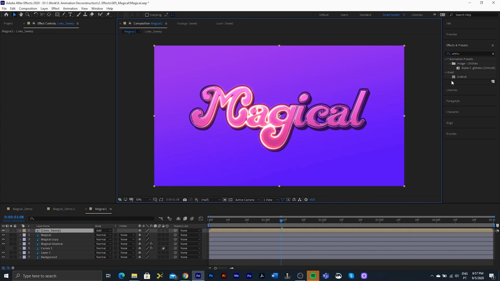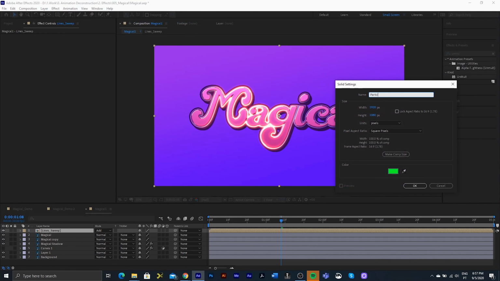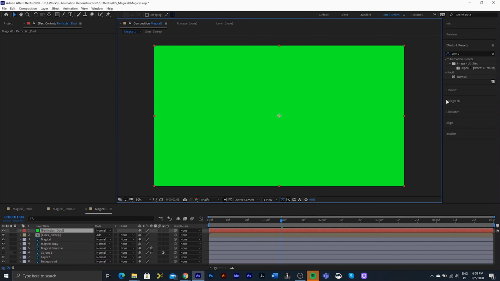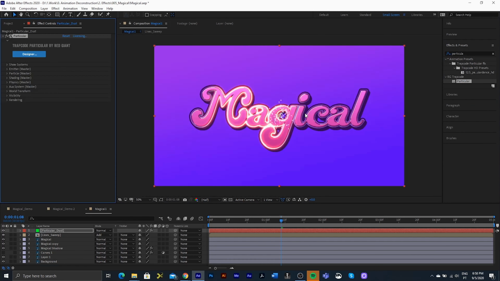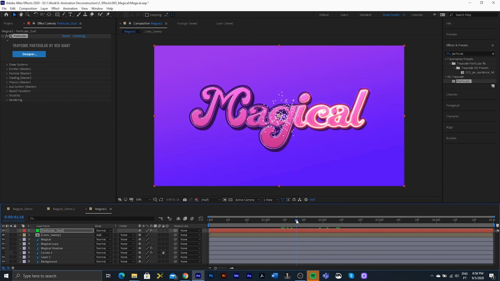First particle system that I want to take care of are these soft little dust particles. To add Particular to our composition, we need to create a solid. I'm going to call this Particular dust. Press OK. Going to type in Particular, double click to add it, and initially it will spread out particles from a point